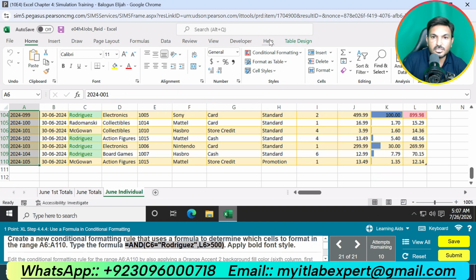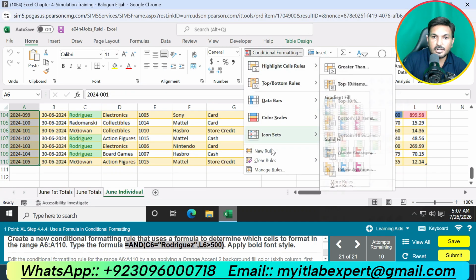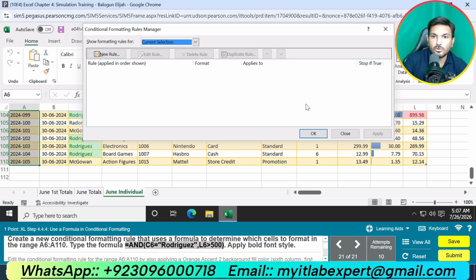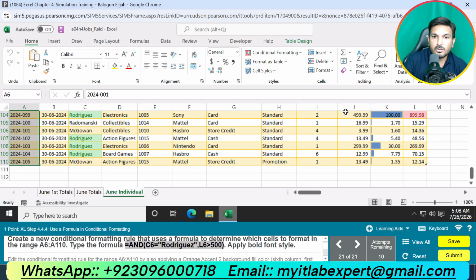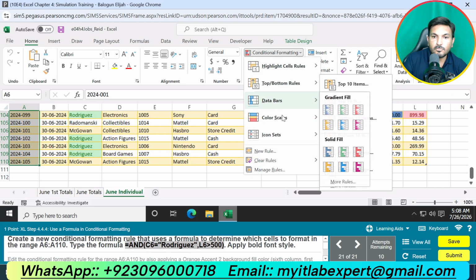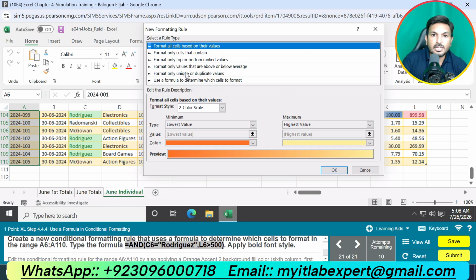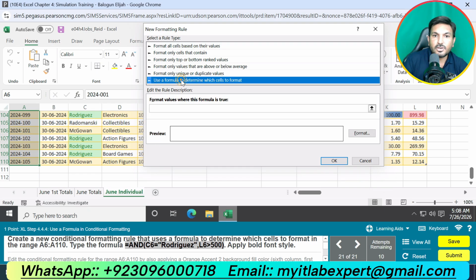Okay, go to conditional formatting rule and here click manage rule. Click conditional formatting again and click new rule. Okay, and here we will select use a formula to determine.